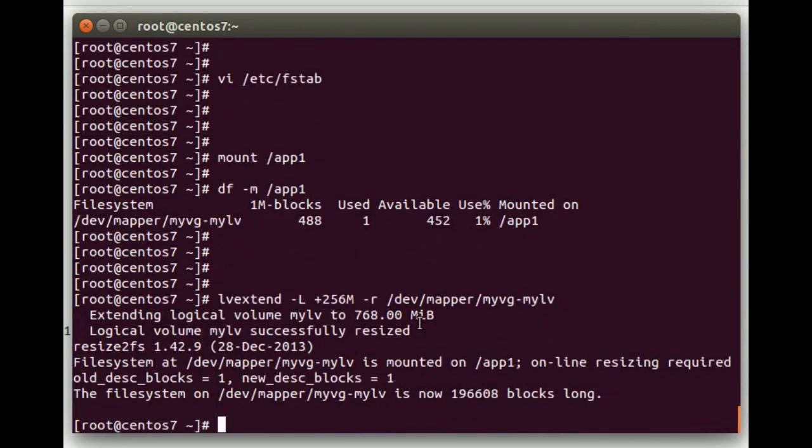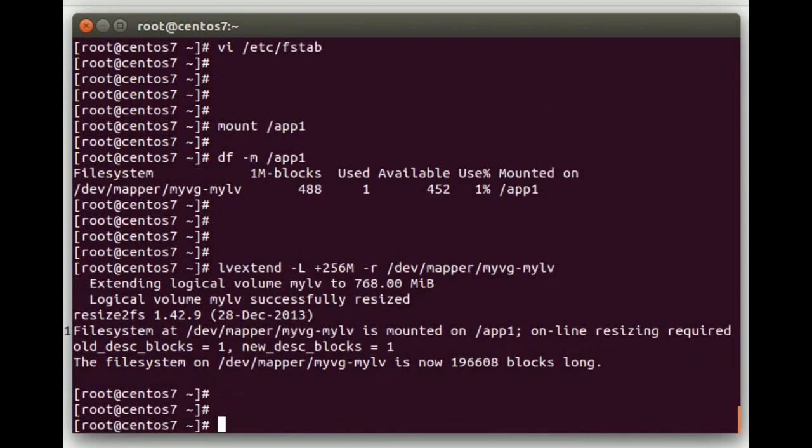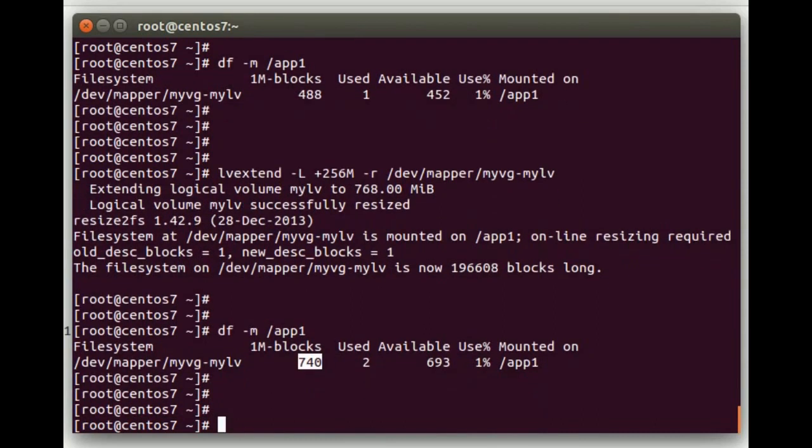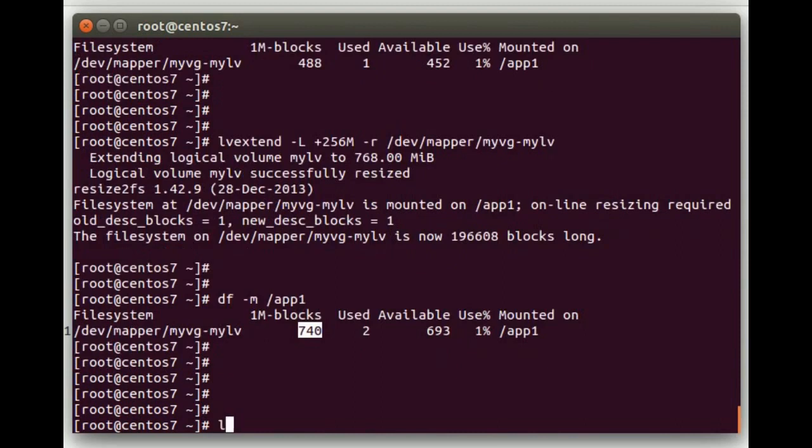Alright, and you can see it successfully resized it. We'll do df -m on /app1. You can see it added, it was 488 before, now it's 740. It added the 256 megabytes. And then if you want to reduce it, it's a similar command. We'll do an lvreduce -L